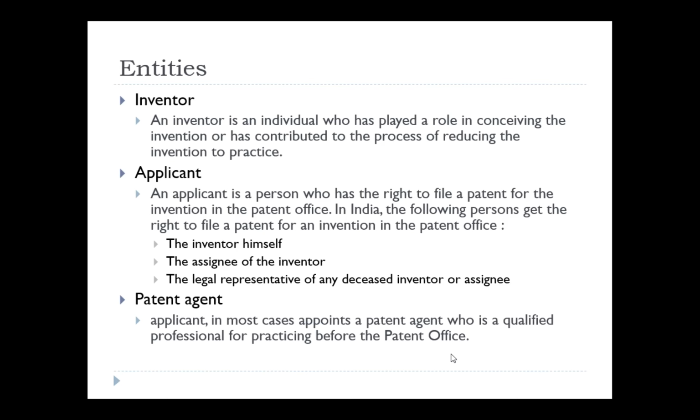Because anything may turn out after getting the grant. So it is better that while filing the application itself, you have some mutual agreement for control over that particular invention. So I hope now you can understand. As per that story, the applicant is the boss, right? The best performer is the inventor. And now I move to the third entity, that is the account manager or accountant. So he is the one like a patent agent.